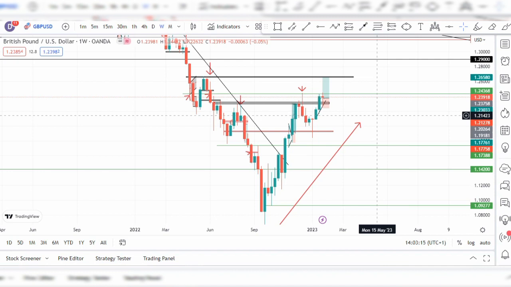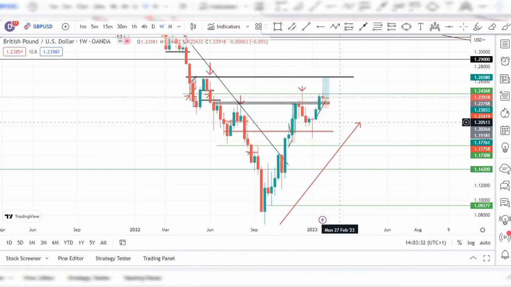And in this video, I want to talk about my analysis for GBPUSD and GBPJPY. I'll start off with GBPUSD from the weekly time frame and work my way down to the 4-hour time frame. Now on the weekly time frame, we can see that price has been moving bullish to the upside, just like